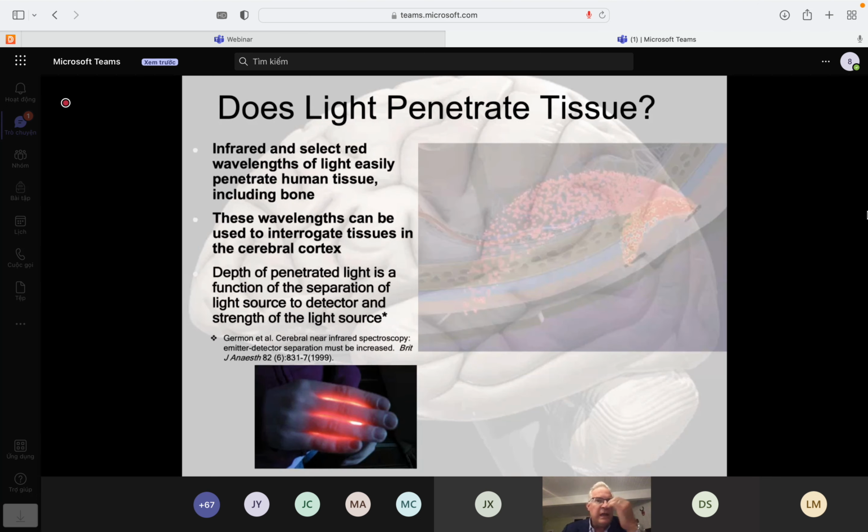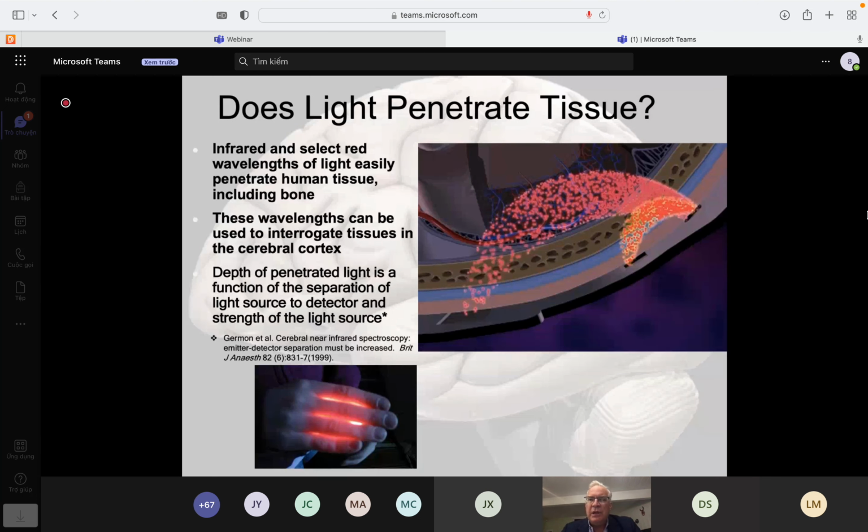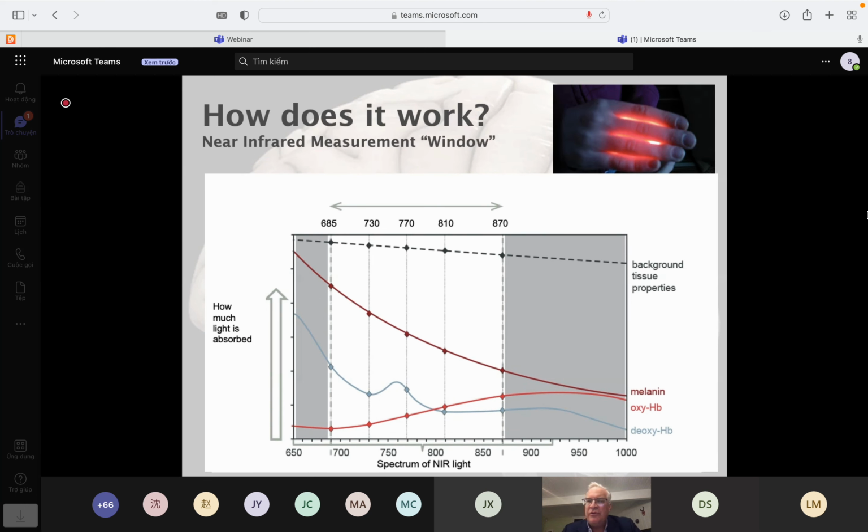So a question I also get asked is, how is this actually possible? How can a sensor non-invasively measure the hemoglobin concentration in cerebral tissue? Well, the first question is, how can electromagnetic energy in the light spectrum even penetrate materials such as skin and bone? It can do this because the wavelengths that we use here are capable of penetrating the tissue, and they are also the same wavelengths that interact with the hemoglobin molecule, as you can see here on this diagram,